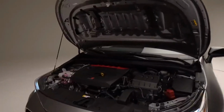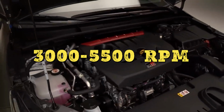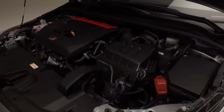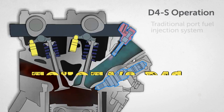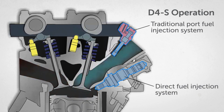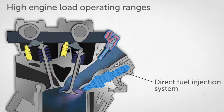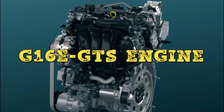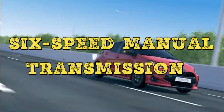The engine's maximum power is at 6,500 RPMs, but the greatest torque is between 3,000 and 5,500 RPMs, so you'll need to keep it spinning. The engine is similar to the one found in the GRS, but with a slightly boosted output. It also has Toyota's D4S technology, which means that it has both port and direct injection. The port injection keeps the intake valves clean in the long run, and the direct injection gives better combustion, giving you more torque. The G16E GTS engine, as Toyota calls it internally, is exclusively paired to a 6-speed manual transmission,